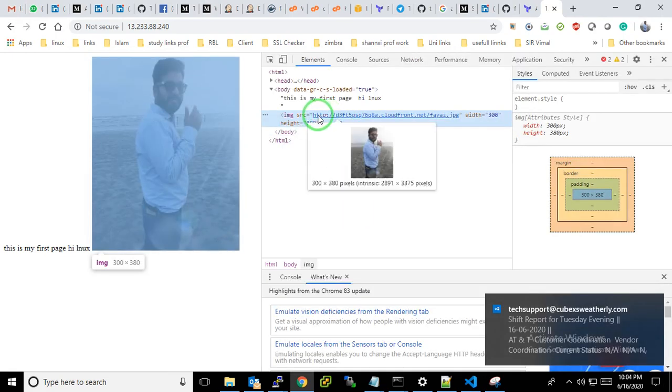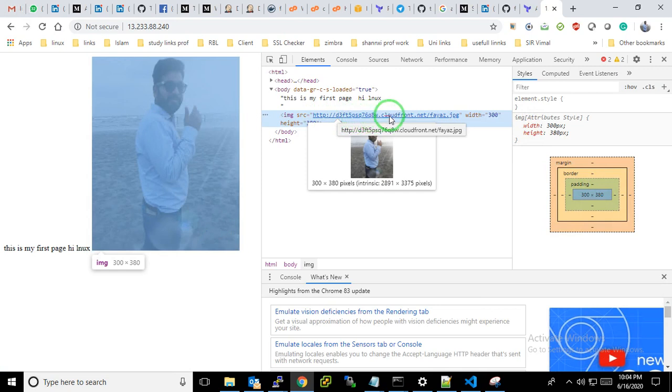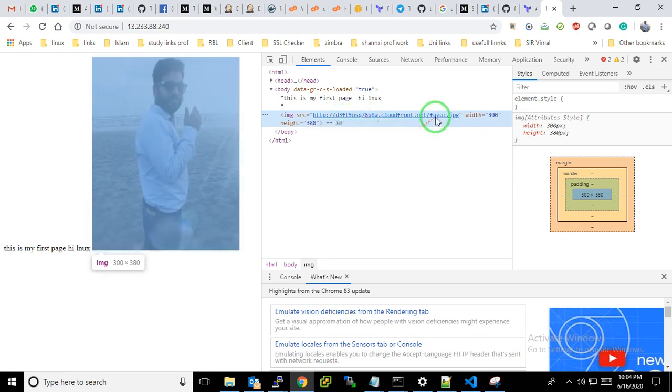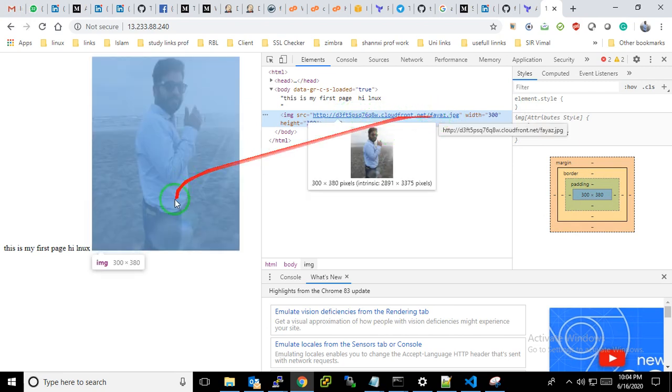You can see this is the CloudFront name, then .cloudfront.net, and then Fayaz, which we have uploaded to my S3 bucket. So my CloudFront is integrated with my S3 bucket successfully, and the image comes from the S3 bucket via CloudFront.